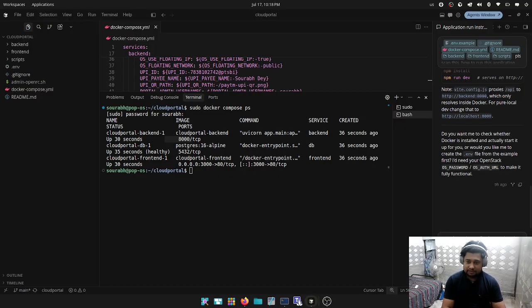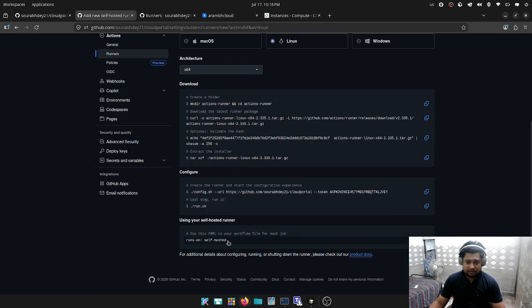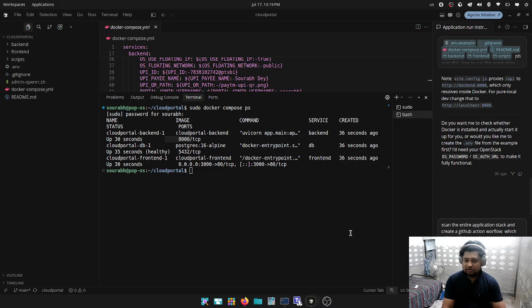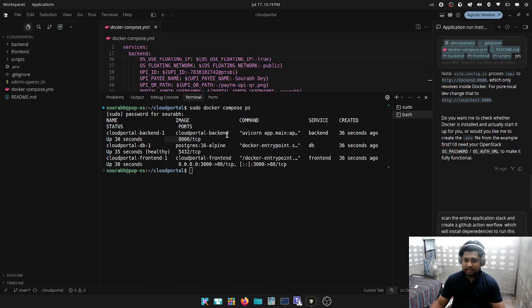I have a self-hosted runner. The runner is this one, and the target server where I need to install the application is at IP address 192.168.1.80, with username ubuntu over SSH